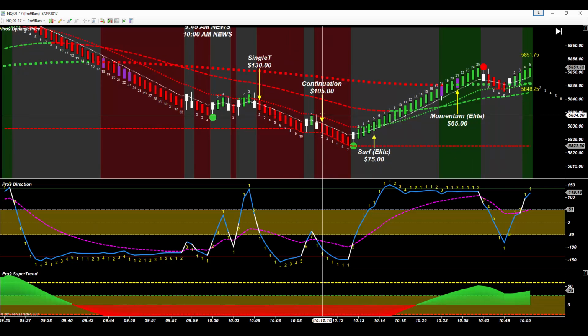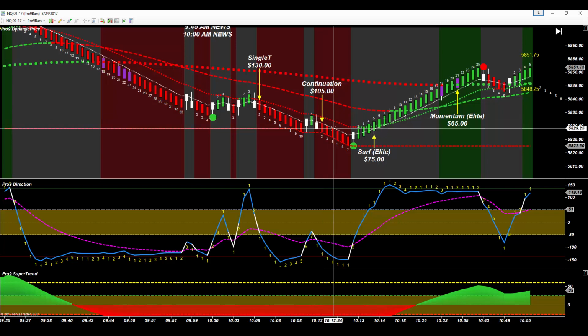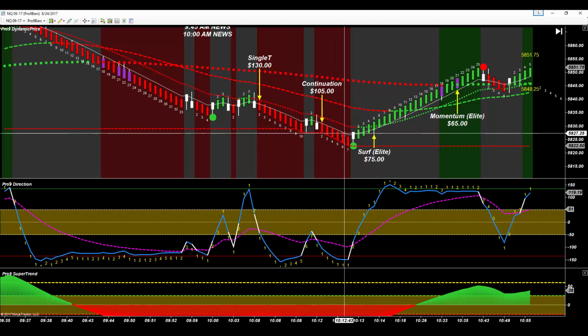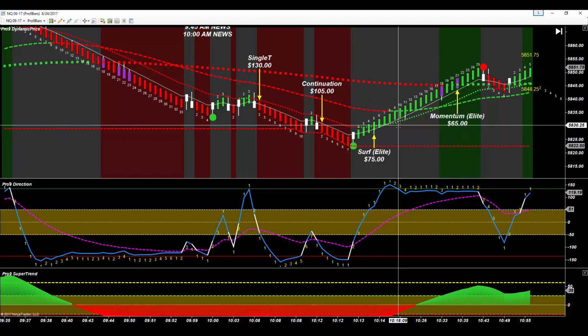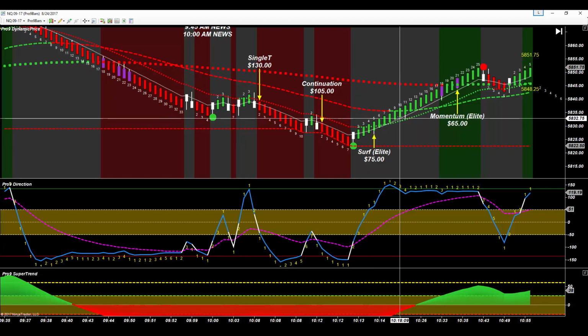Then we have a continuation short. This one hits profit target at the close of bar 3, and we can begin trailing at the high of the previous bar after the close of bar 6, adjusting to the high of bar 7 where we'll get stopped out. Then we have a surf long. This one hits profit target and the runner grabs a couple extra ticks by trailing at the low of bar